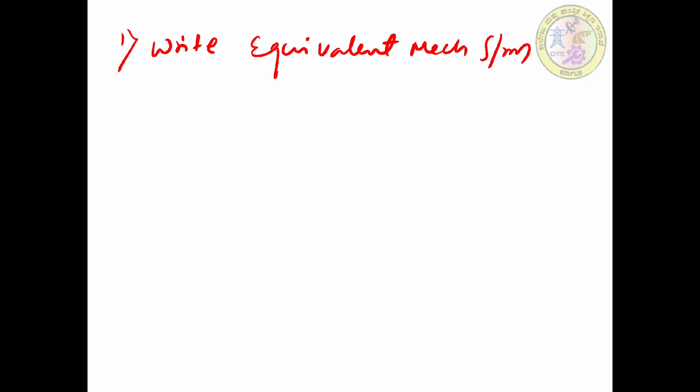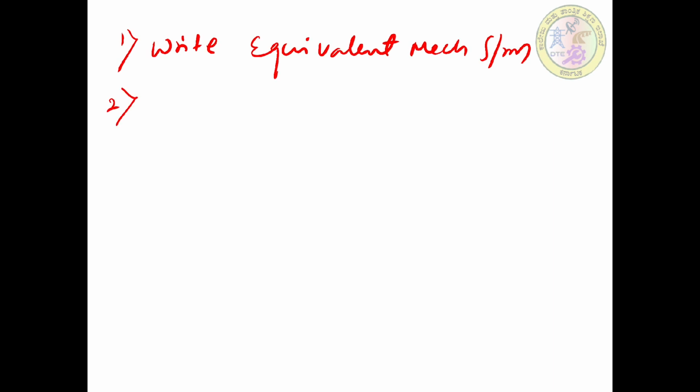Utmost care should be taken while connecting the various mechanical elements to the respective nodes. If any component is lost, it will not appear in our analogous circuit either. So always make sure all the elements are covered at their proper places.